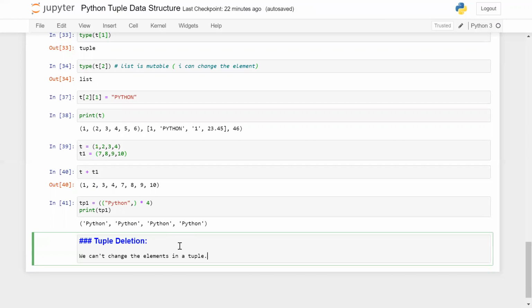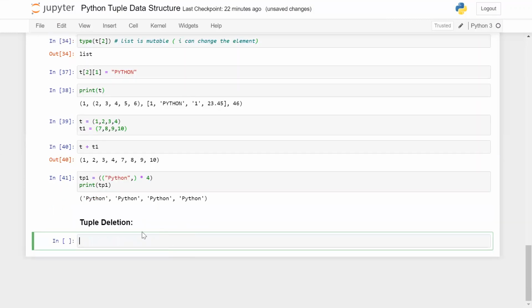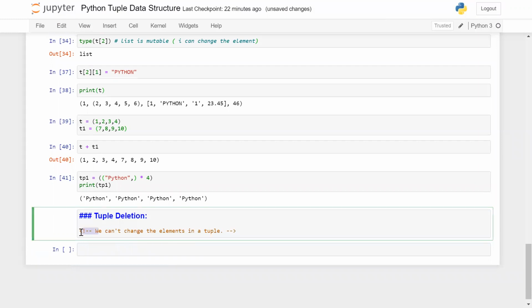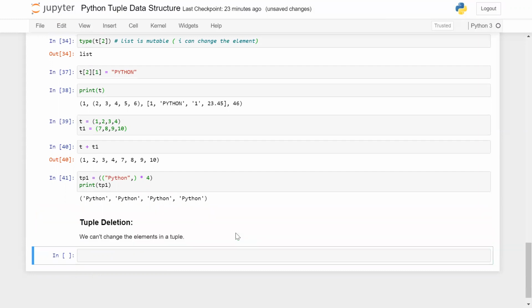For example, if you want to create some specific data, and you don't want to change anything once you create it, then definitely you will use the tuple. Okay, because using the tuple, nobody can change your data. It has been fixed. Now, let me take some basic numbers here.